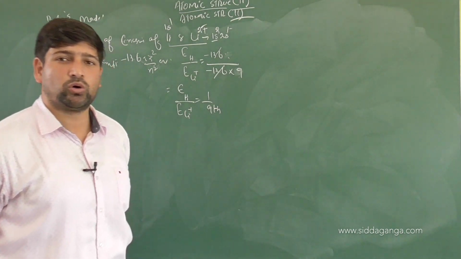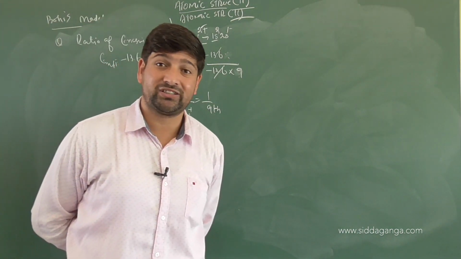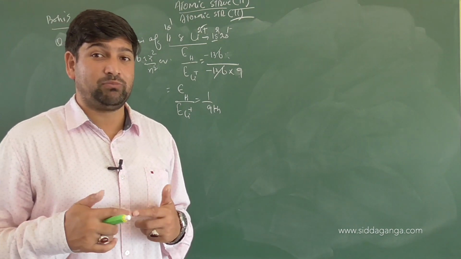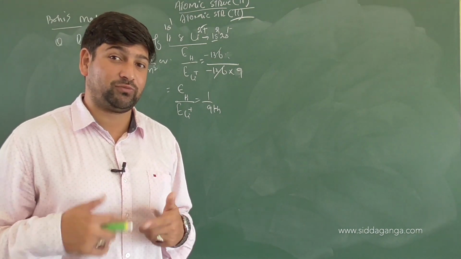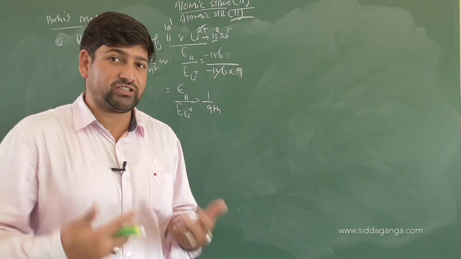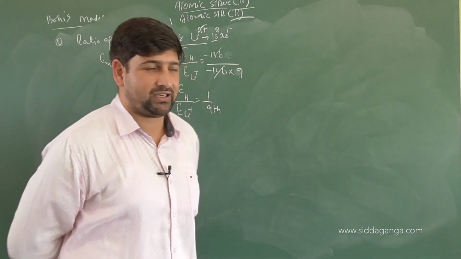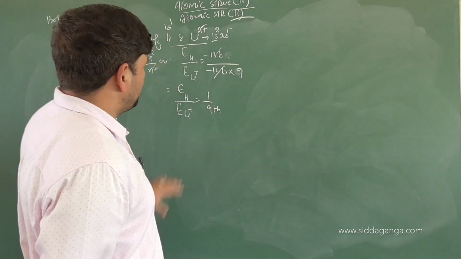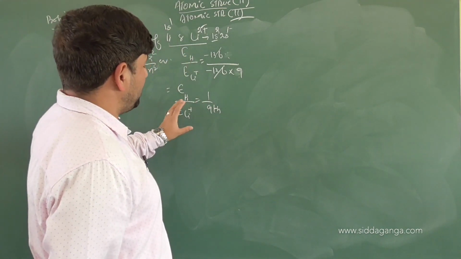Because the more the nuclear pull, the more will be the energy content of that system. Means if the nuclear pull is more, electrostatic forces will be more, then centrifugal forces and centripetal forces balancing each other will be more. Energy concentration of the electron will also be higher. That's a basic thing to understand itself. Is it clear?